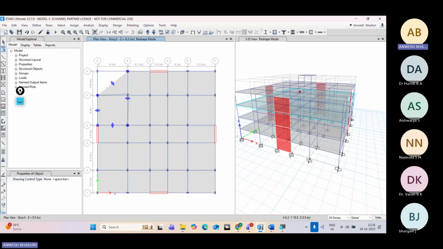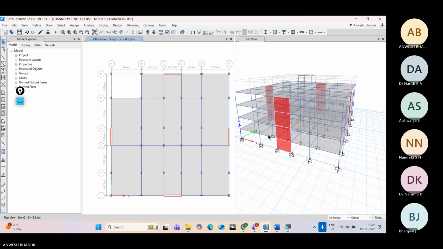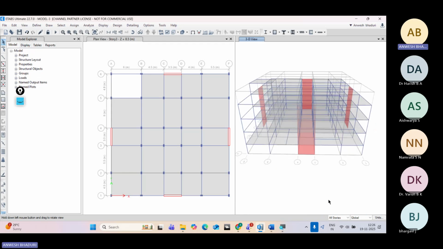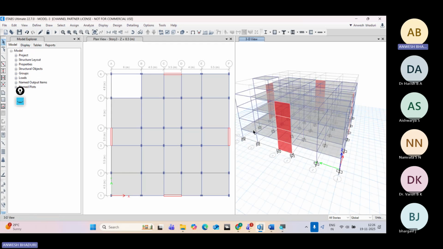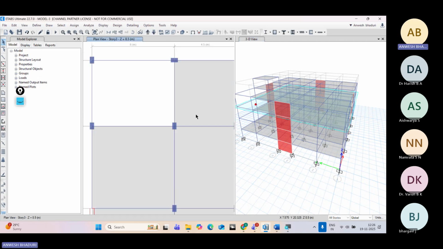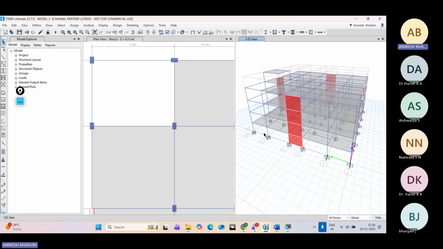I'll remove the slab from this region, and we will add a dog leg staircase in this particular panel, which will move, say, somewhat like this. Now, to do so,